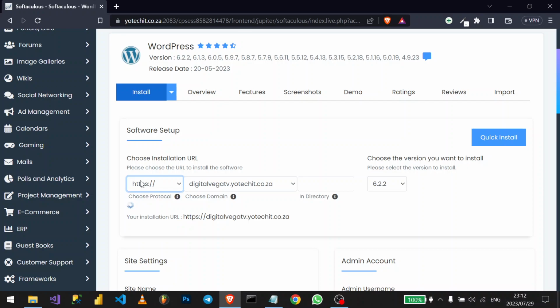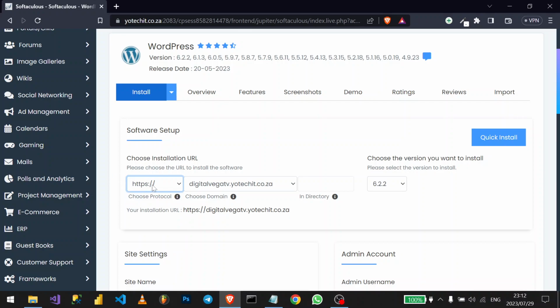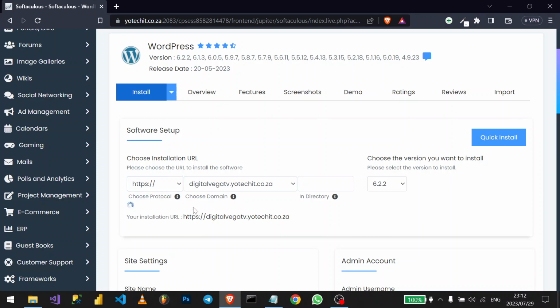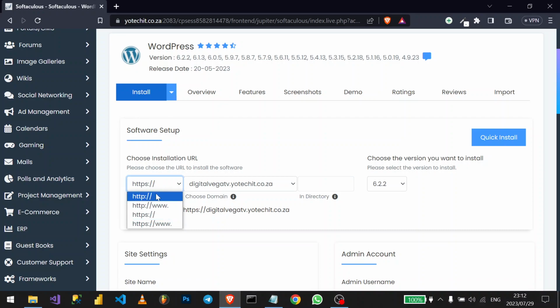digitalvegatv.yourtech.co.za. Then you might, or you might not, have the HTTPS or the SSL certificate. So if it says that you don't have the SSL certificate, then it's easy, just choose the HTTP without the SSL certificate. But mostly you will have the free SSL certificate. So for the purpose of this video, it's okay. We do have the SSL certificate, but we can just proceed with this since it doesn't